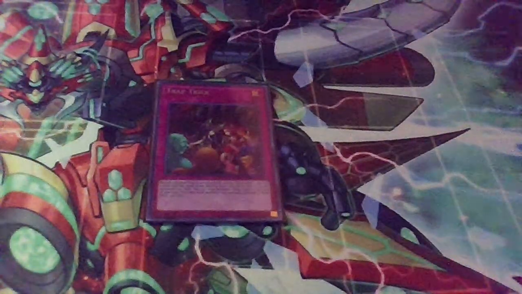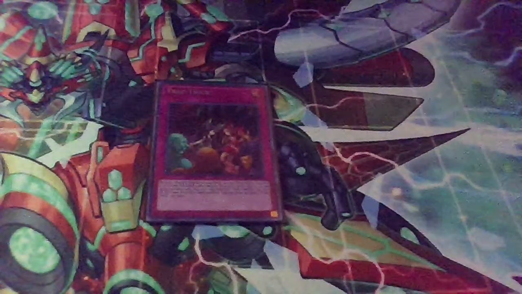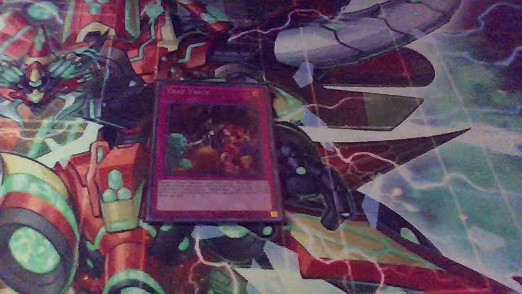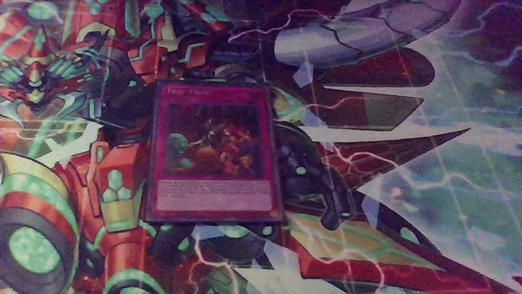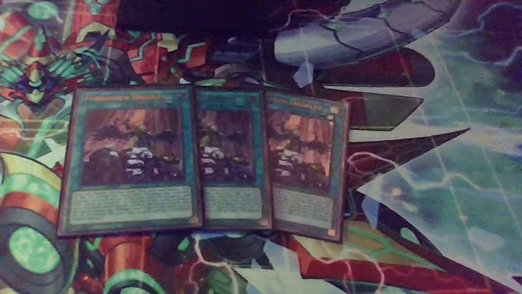And then, of course, you can go something like IDP or Punishment if you want. But Trap Trick, setting Torrential in response to your opponent's E-Telly, for example, is just really, really powerful. Speaking of really powerful, really versatile cards, we're on to my spell cards, with 3, and that's right, Ultimate